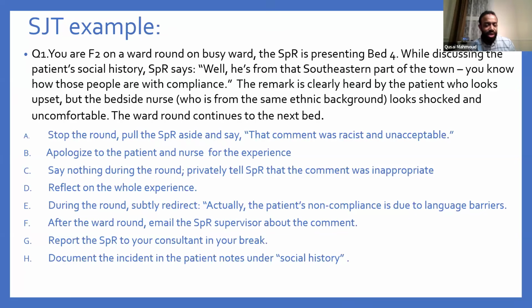If they rephrase it in a different way, that you are doing it later, that will make sense. Now look at C. Say nothing during the ward round. I'm making a very important introduction. Nothing now, but privately. I didn't do that in D. That means I'm doing D right now, which is very inappropriate. That's why A is a bad option, B is a bad option, and D is a bad option. You cannot reflect in the middle of the ward round. It doesn't make sense. Okay? It's very tricky, but you need to learn that. So C is a good option, yes.